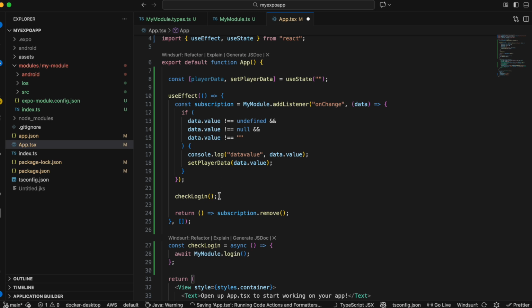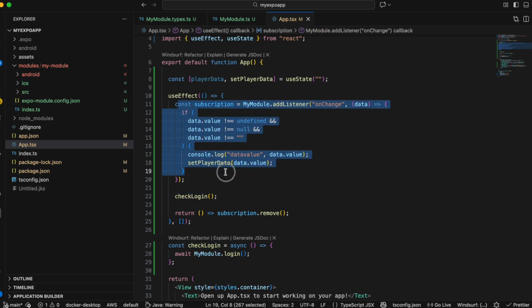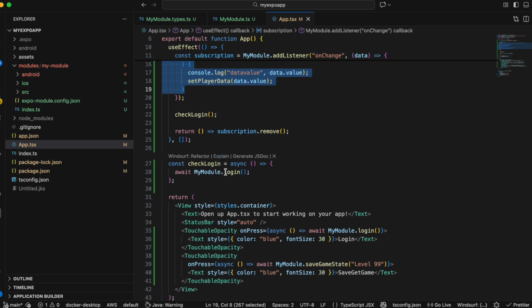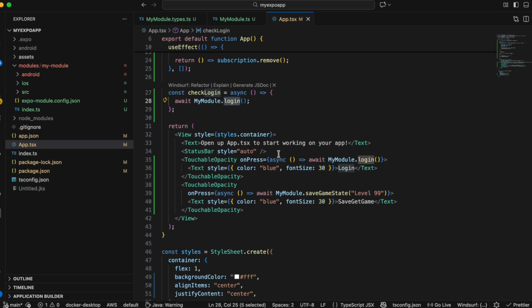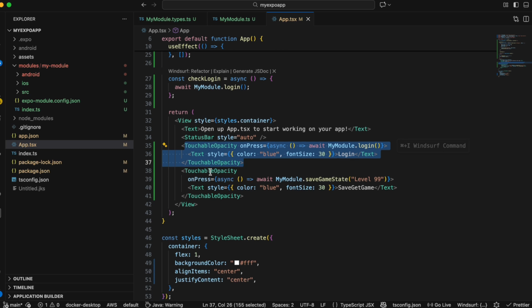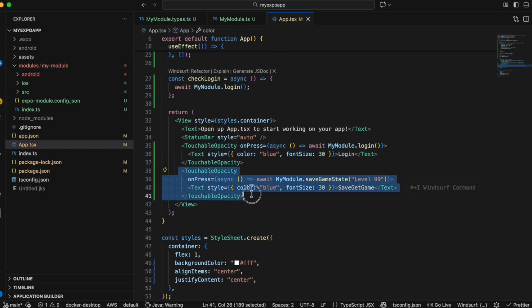Inside use effect, we immediately call check login method so that it automatically logs in, and once we get that the user is logged in, here we are listening for the data. This is how we listen for the data or get the data back. And here again I have created this check login method, which is basically doing my module dot login. Now the same method we are calling inside this button click listener as well. So we have two buttons, and the other button is used for viewing the